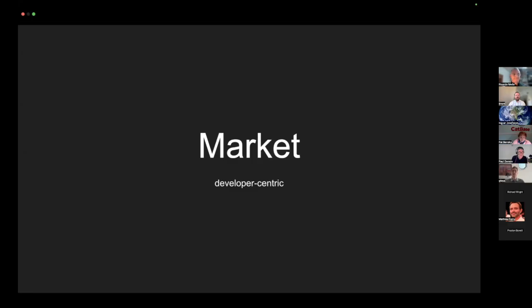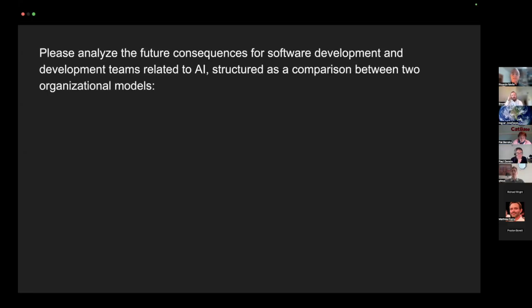Market. I'm going to talk about why the market right now is a big moat for us as well. It's protecting us. But then I went a little bit more sophisticated. I went to ChatGPT and said, please analyze the future consequences for software development and development teams related to AI, structured as a comparison between two organization models.